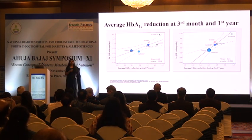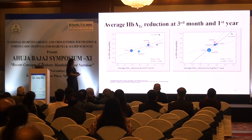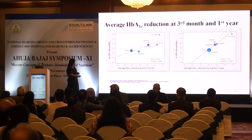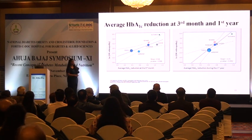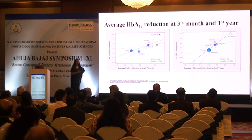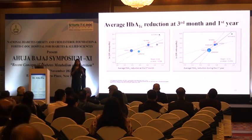Then they did a meta-regression, looking for an association between the fall in HbA1c and increasing odds of retinopathy. The analysis showed a significant association. The odds of retinopathy increased by 0.7 for every 1% greater reduction in HbA1c. The trials with a smaller reduction in HbA1c faced lower odds of retinopathy, whereas the outlier trial here, Sustain 6, had a greater reduction in HbA1c, so faced a greater risk of